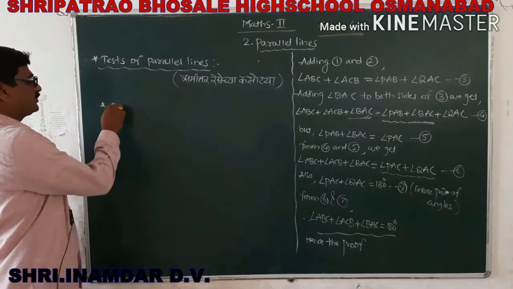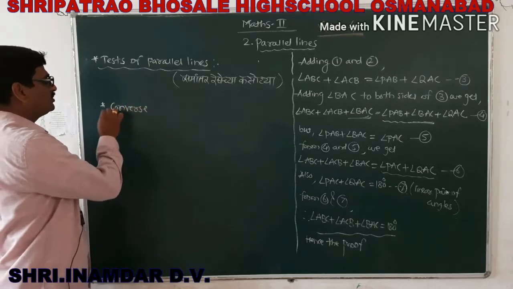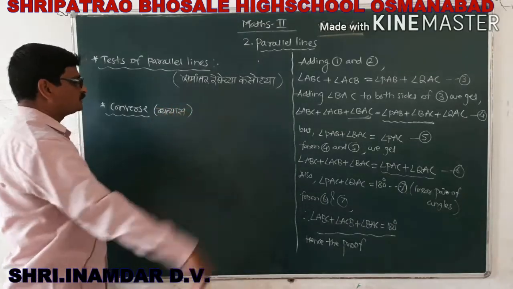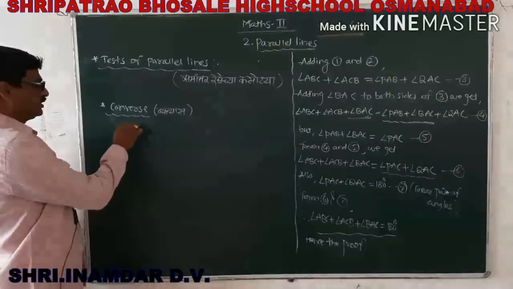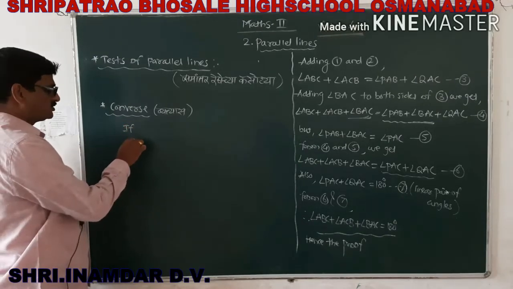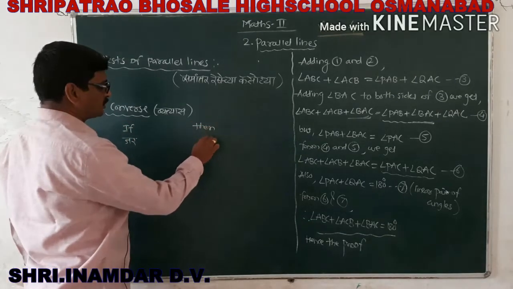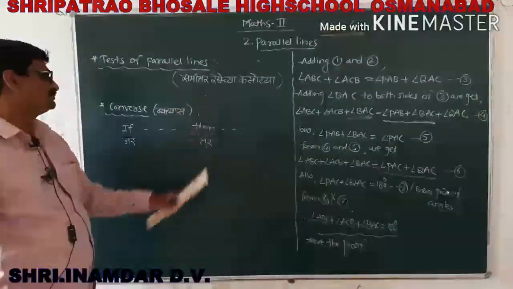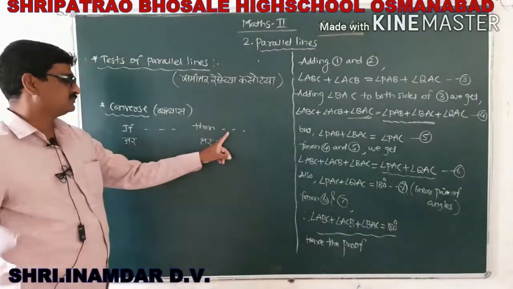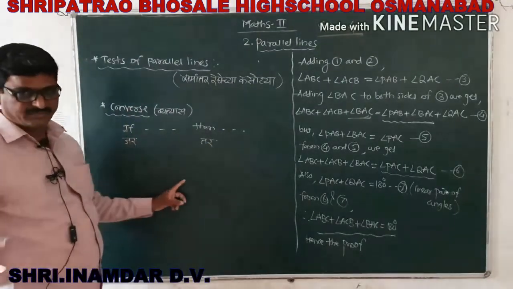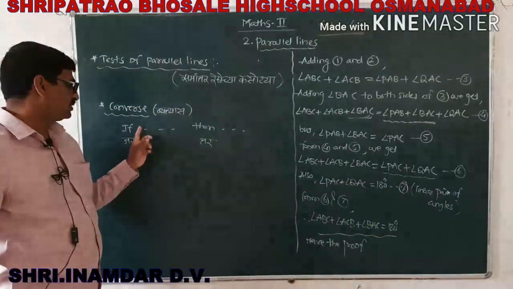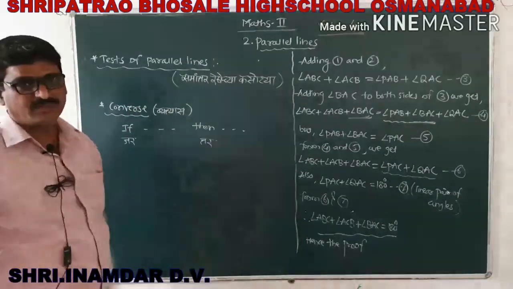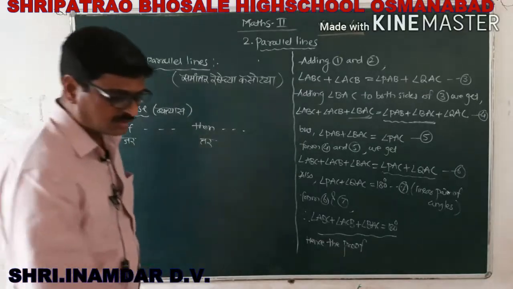So in the first chapter we have to know what is meant by converse. याला आपण व्यत्यास म्हणतो. ओके, तर याच्यामध्ये दोन वाक्य जोडलेली जातात, जर आणि तर, if then. So when we write the statement, the sentence after then in the statement, we write after if in the converse. And the sentence after if in the statement, we write after then in the converse. That statement we get is nothing but the converse.